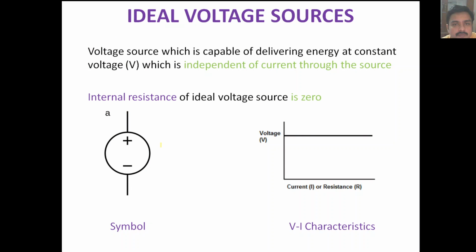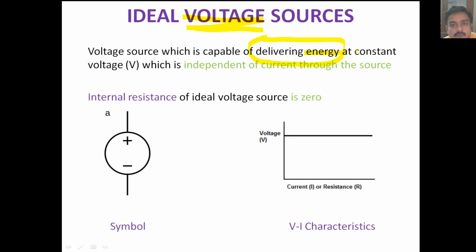So in ideal power sources, we saw that there are two types, ideal voltage and ideal current sources. So we'll discuss first the ideal voltage source. What is a voltage source? See, any power source, what it does is that it delivers energy. It does not deliver voltage or current, it delivers energy. That is the first fundamental thing that should be clear to us about what voltage sources and current sources are. These are basically energy delivering elements.